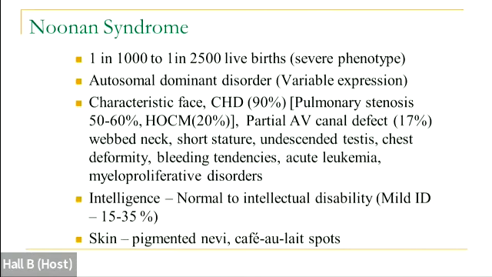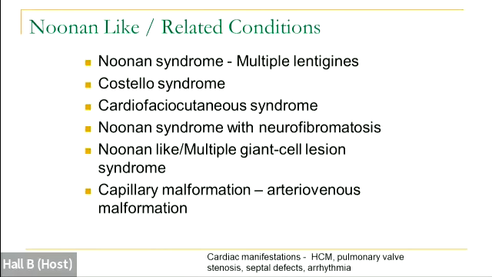Noonan syndrome is one of the commonest single gene disorders associated with congenital heart disease. The commonest cardiac lesion is pulmonary stenosis, followed by hypertrophic cardiomyopathy. And intelligence can range from normal to mild intellectual disability, which can be seen in 15 to 35% of the cases. So there are many Noonan-like conditions, like Noonan syndrome with multiple lentigines, cardiofaciocutaneous syndrome,